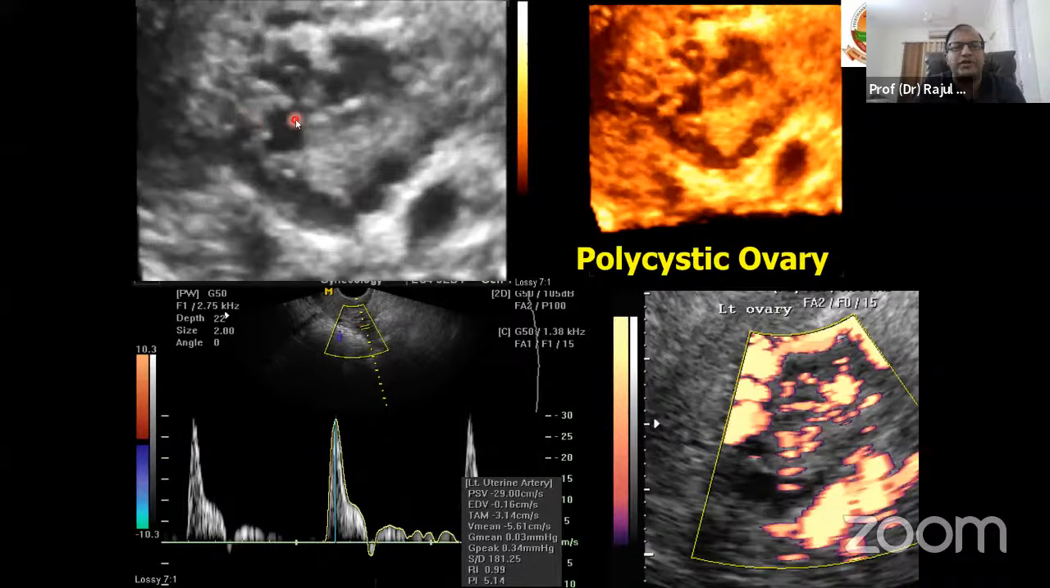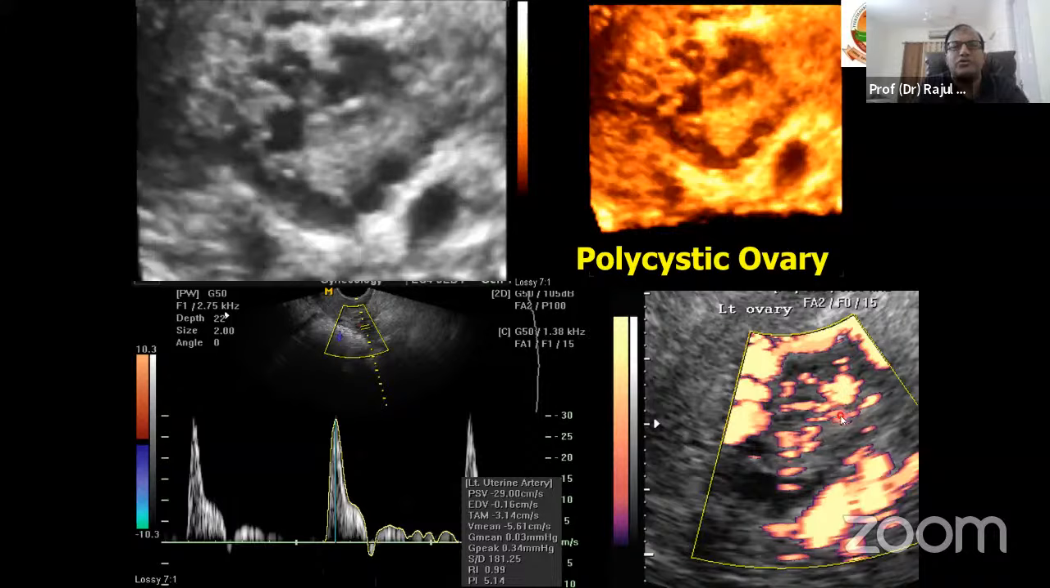that are arranged at the periphery. All of them are less than 10 mm, so it's a string of pearls, and there is an echogenic and thickened stroma. This is just a 3D scan showing the same. So we can perceive the echogenic stroma slightly better in this. Now this power Doppler shows that the entire stroma is highly vascular, which again supports